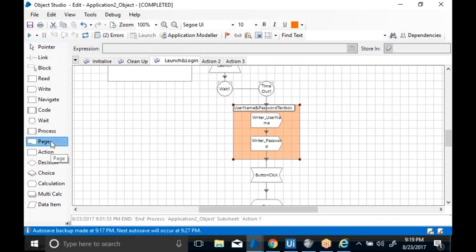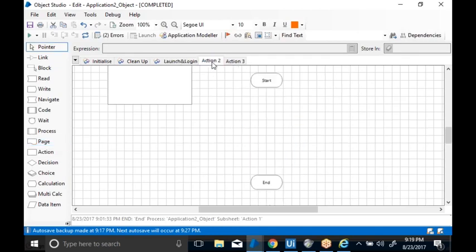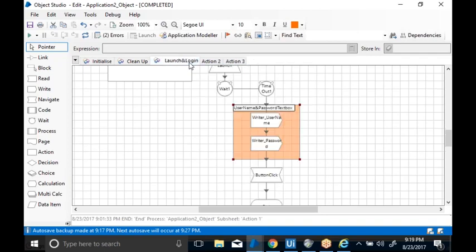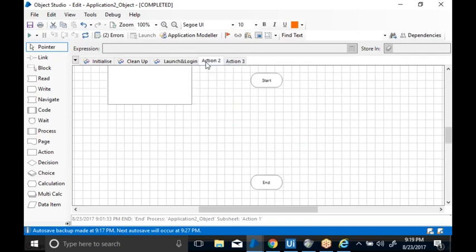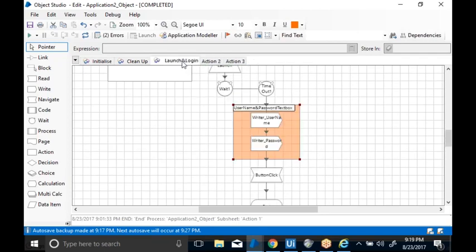Now, when it comes to the pages, we have the stage called page. What you are basically doing is calling the objects inside the process. Now action 1, action 2, action 3, these are the pages. For suppose if you want to call action 2 inside action 1, inside the login and launch, you can use the page.